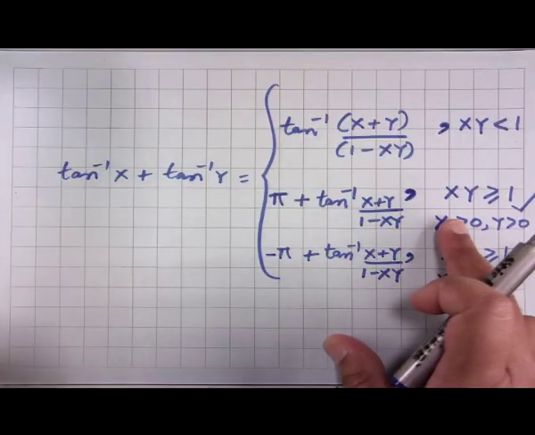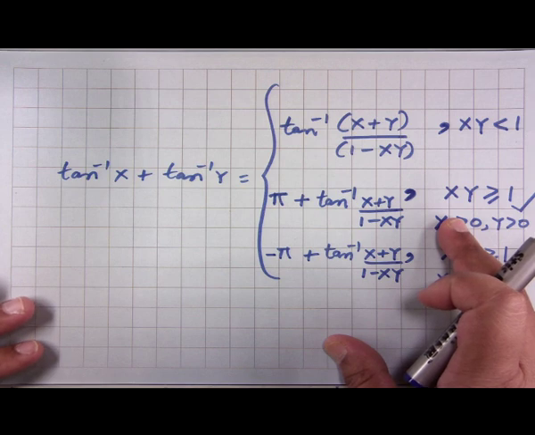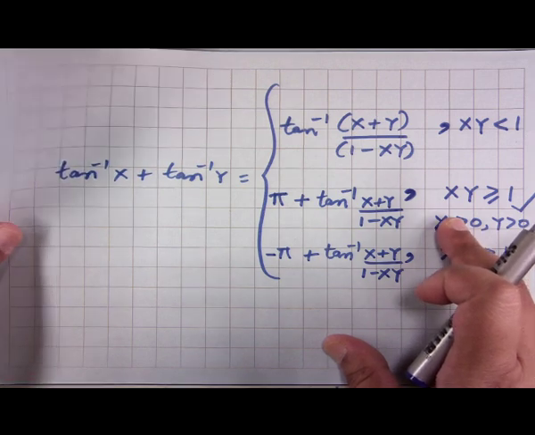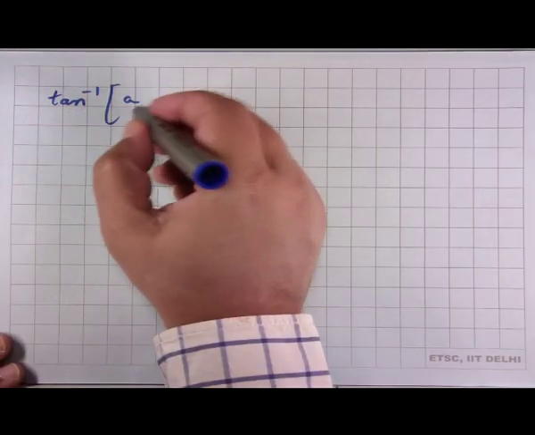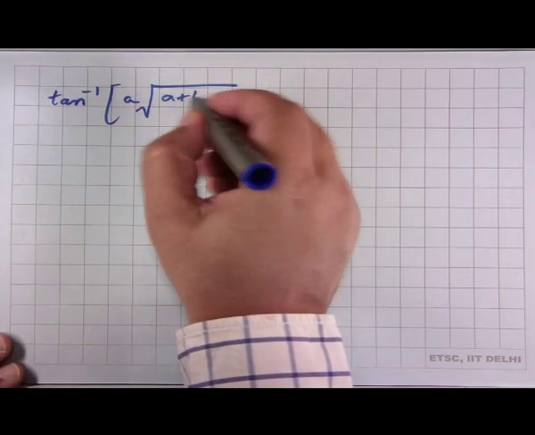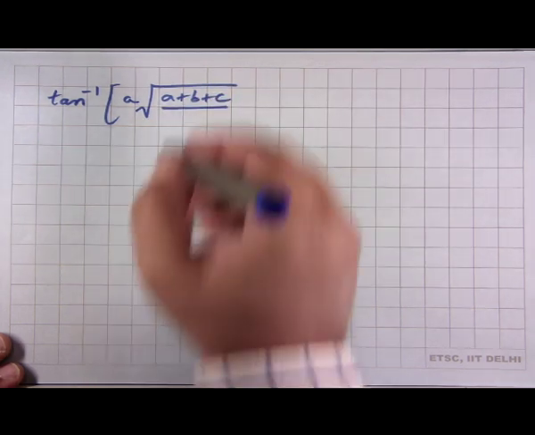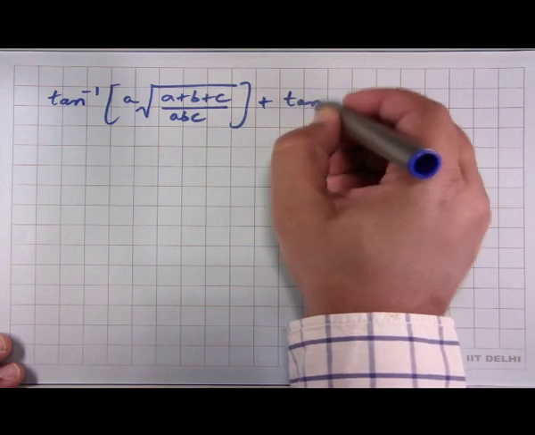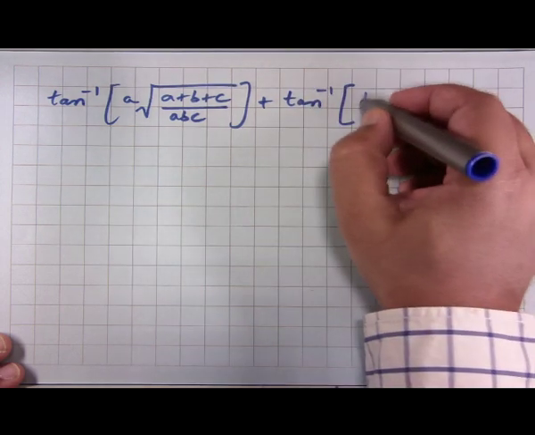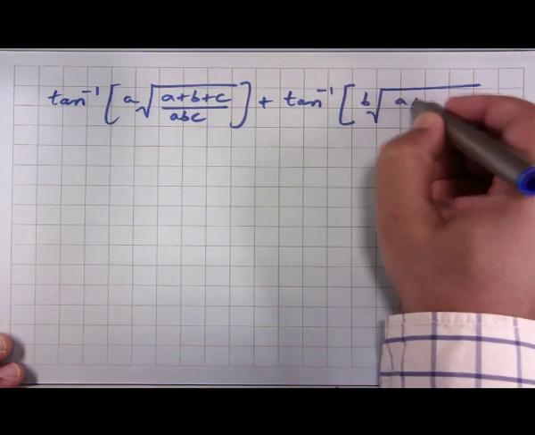So this second case is the one which we qualify for, and therefore tan inverse of a into square root of a plus b plus c over abc plus tan inverse of b into square root of